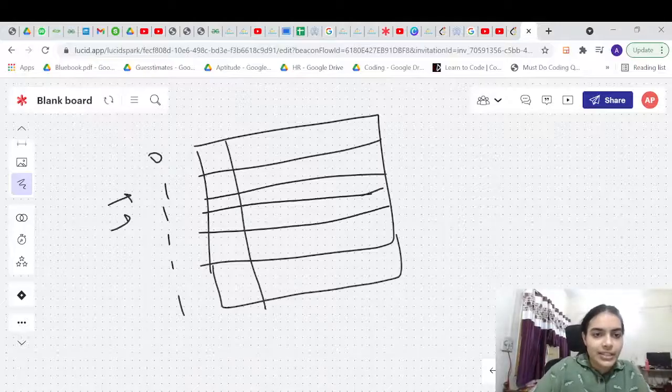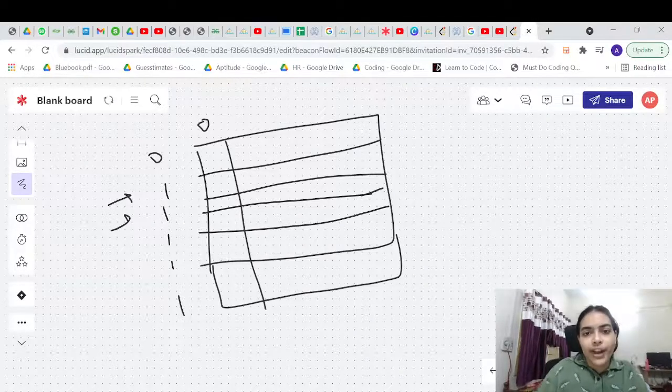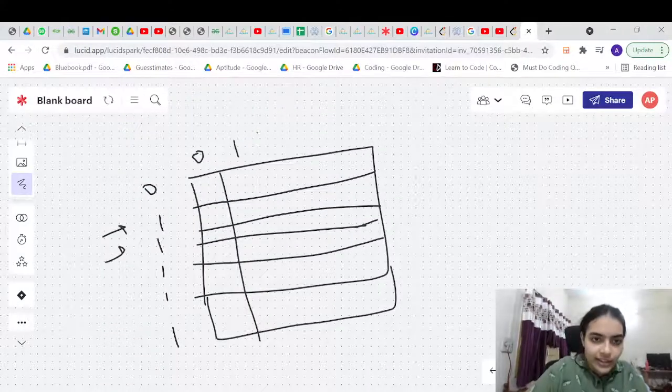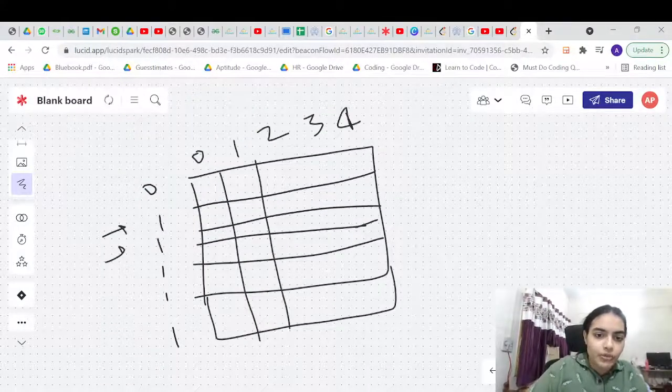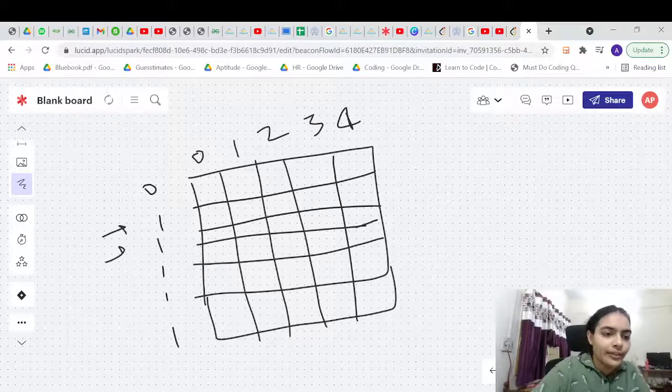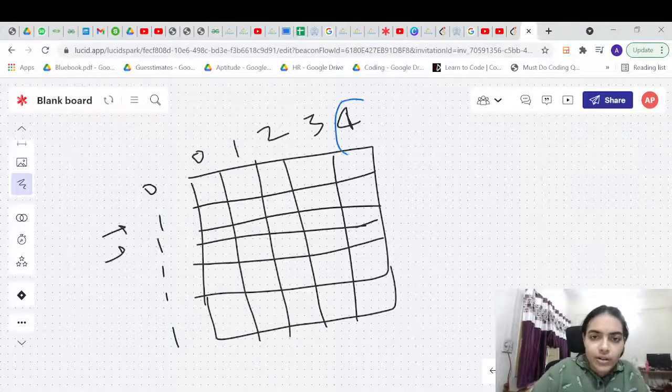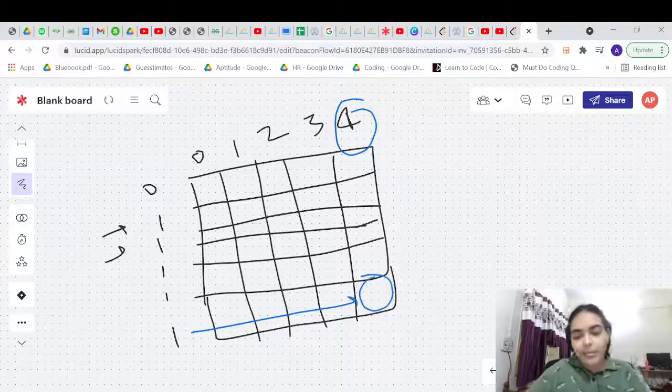So I just built this DP matrix, and I have to find the subset with sum 4. So I basically declare a DP matrix up to 4, and now I try to find the answer. I have not numbered it. This is actually 1 2 3 4 5, but I have just written 1 because we are using 1. Find out what will be the answer in this DP matrix. That will be the answer.